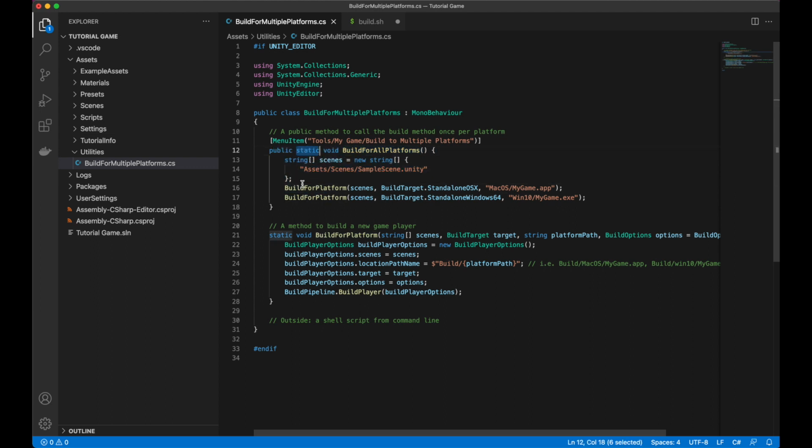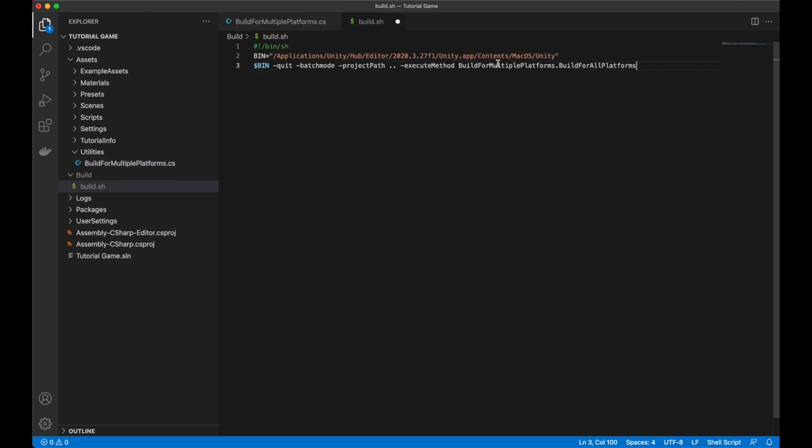As this is a static method, there's no need for an instance. We just provide the two of them, and this should suffice. So by writing this simple script, we are now able to transform this into an executable and then run it from the command line. So let's save this file, and now the next step is